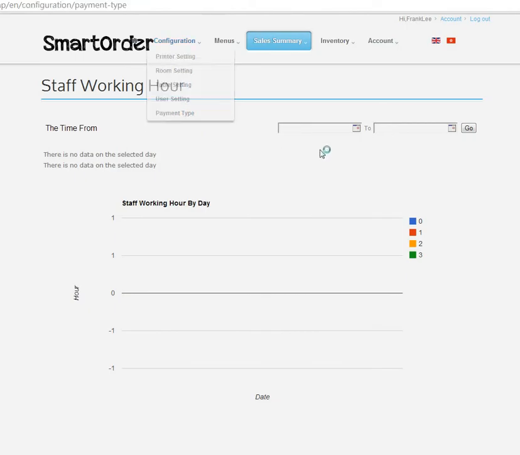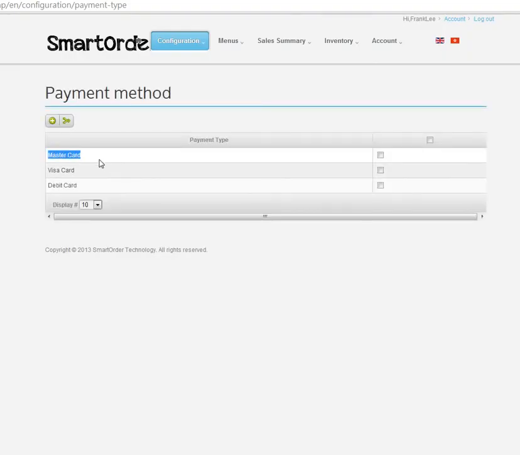For the payment type, in here you can separate different types of credit card payment. For different countries, you might have different credit card payments. In this example, we have MasterCard, Visa, and debit card. The process to add, edit and delete any card is just the same as the printer and room setting. So if you have any question,